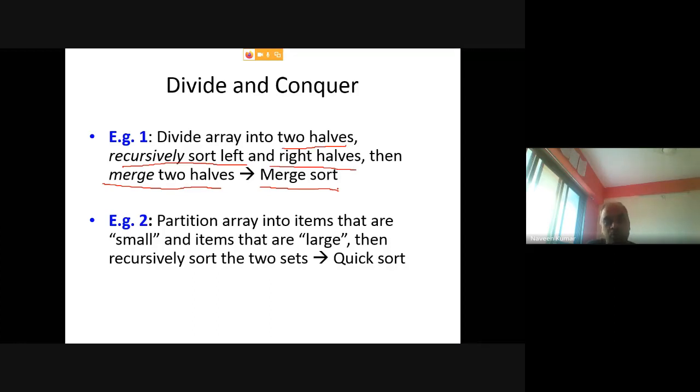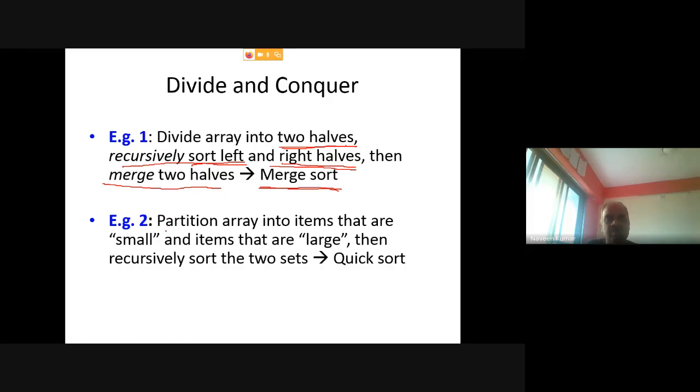So what will you do in merge sort? You will divide your array into 2 equal halves, then solve or sort them separately. Then after sorting them separately, you need to merge these 2 sub-arrays. So you will get the final sorted array of n elements. This is the idea you use in merge sort.